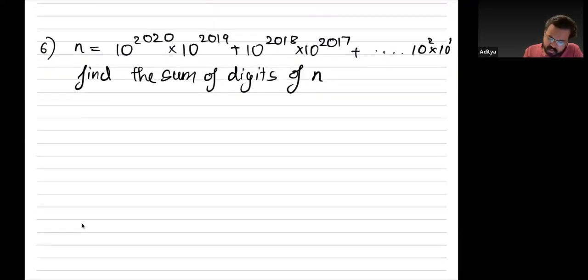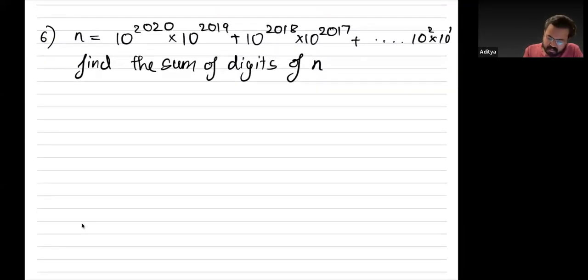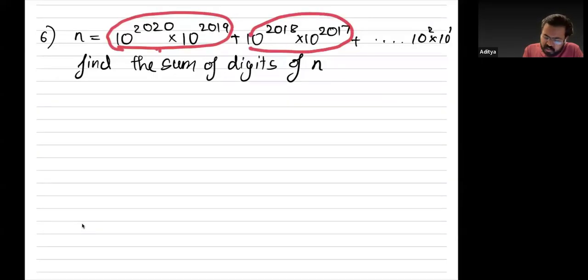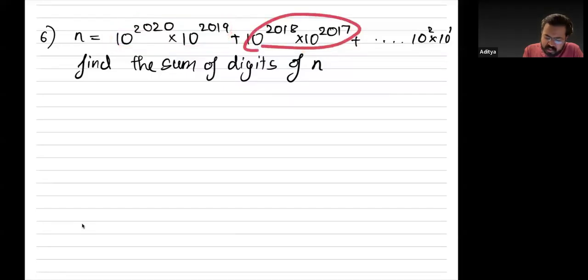Okay. Question 6. This is just a tricky question and no calculation as such is required. See, this number will contain lots of zeros. This will also contain lots of zeros, but this is obviously smaller than this number. And all of these terms are proper powers of 10. Correct? There is a plus over here. So this is 1 followed by 3 zeros. The next number will be 1 followed by 5 zeros and so on, all the way up till here, 1 followed by